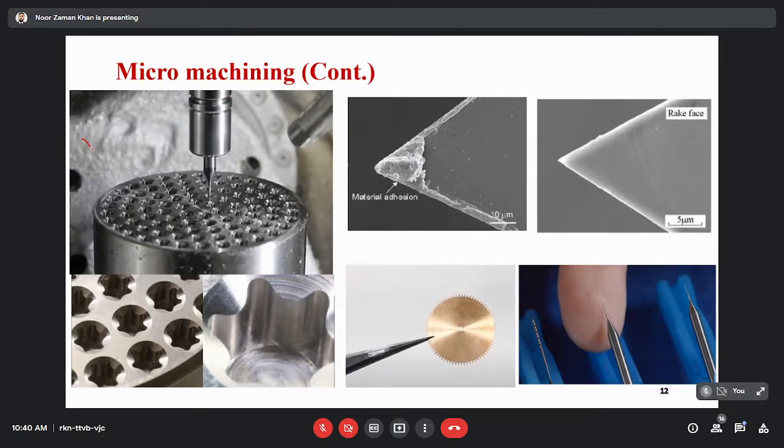If you see this figure, micro machining is being performed in a hole of 3 mm diameter. The diameter of this is 3 mm. So first, what happened? They have selected the end mill of 3 mm diameter, and they produced a array